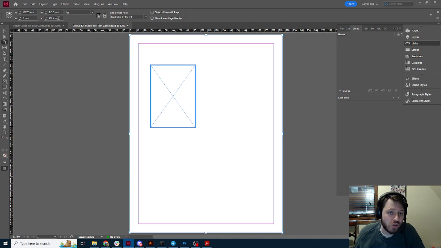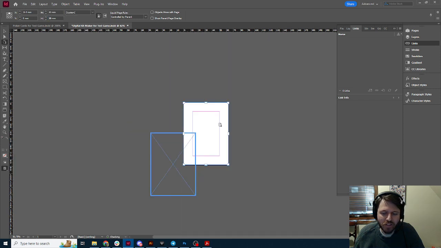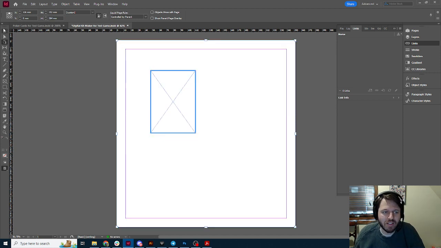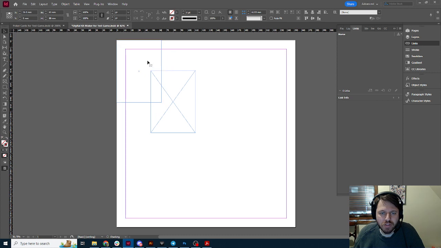And what we can do is say, okay, we're going to go 63, height 88. Okay, so this is a sprite of 1. And then InDesign allows you to use any kind of operator in here. So I could say, okay, well, I want 4 columns, so I'll say 63 times 4. And I want it to be 3 columns high, so 88 times 3, a little asterisk up there. And then we go like that. And now we have built